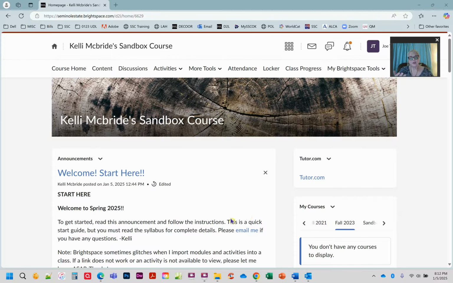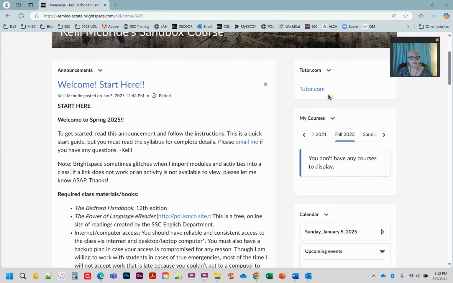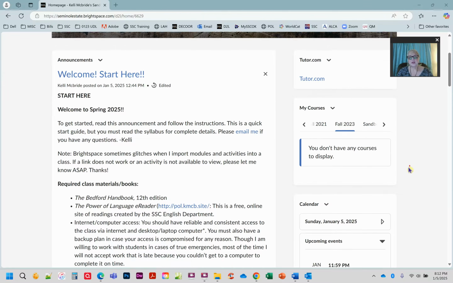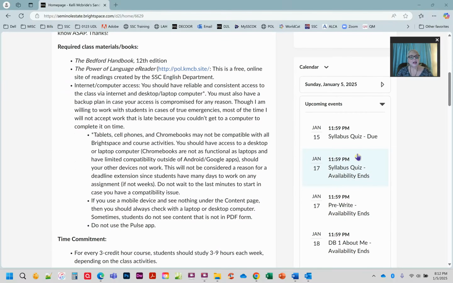You may have different kinds of announcements from your teacher, such as a welcome message. On the right here, you're going to see a link to tutor.com, which your teacher may or may not have you use, but it's also something that you can use on your own. You're going to see a list of your courses based on the semester. You're going to see a calendar that will have different activities listed on it depending on how your teacher sets